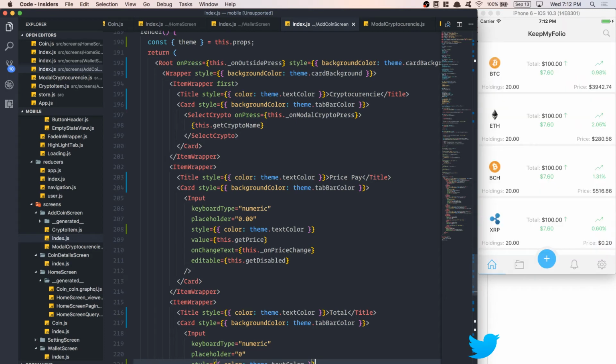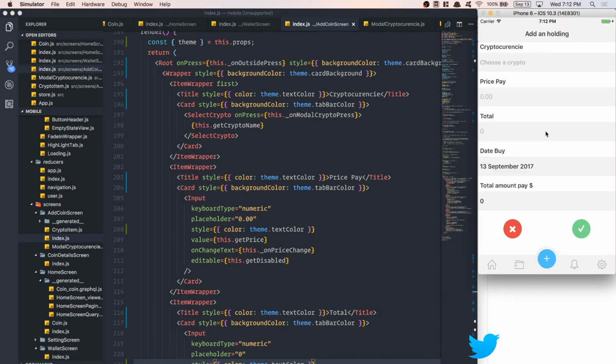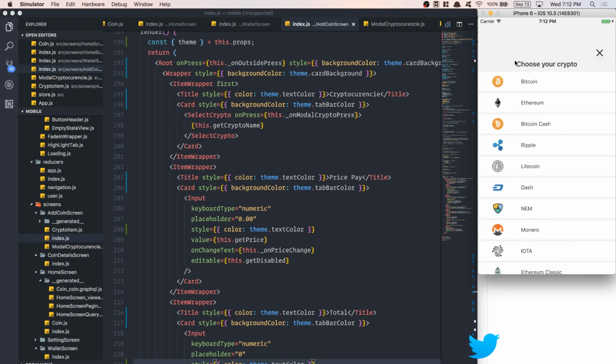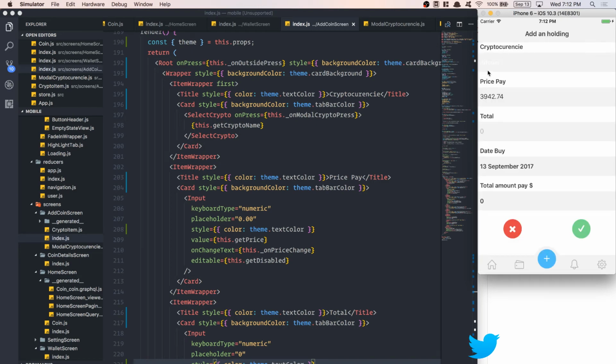Better for me to do it right there when I have not a lot. Then choose a crypto, Bitcoin, and here you maybe say, oh yeah, but if the user enters GW, on a real phone you're gonna have this keyboard. So